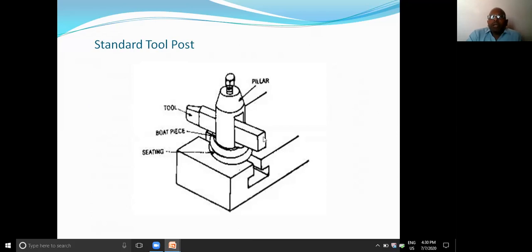That means the cutting tool is mounted over a pillar. This cutting tool is inserted within a pillar, and the position or height of the cutting tool is adjusted with the help of this screw. In order to lift the cutting tool to match the axis, a board piece or saddle keys are placed exactly at the bottom of the cutting tool. Whenever the board piece or dummy piece is placed under the cutting tool, the cutting point is lifted to the required height.